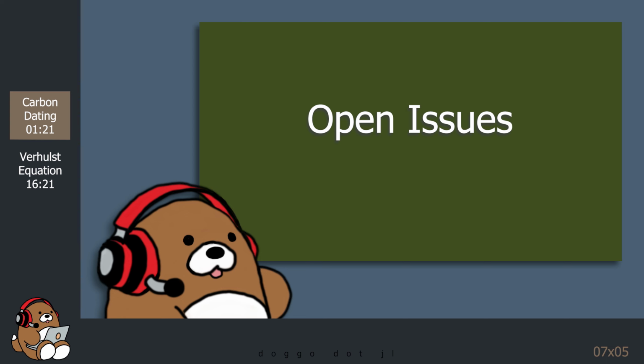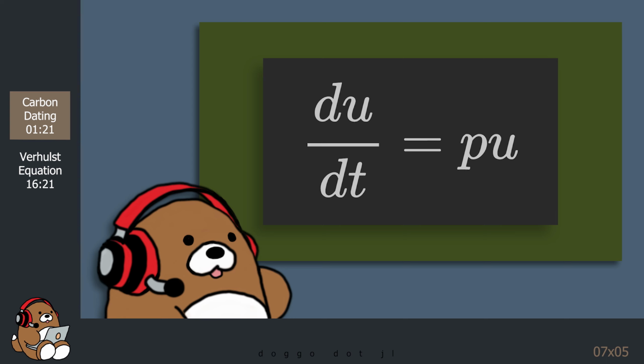But the point of this exercise is not to turn you into a radiocarbon dating expert. The point of this example is to demonstrate at a very high level that you can use the same differential equation and the same solution workflow to solve problems for both growth and decay. The only significant difference is that the growth rate is a positive parameter, and the decay rate is a negative parameter. Otherwise, the actual differential equation and the workflow are the same.